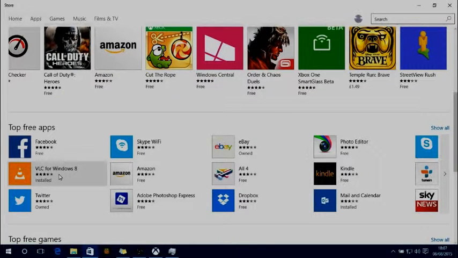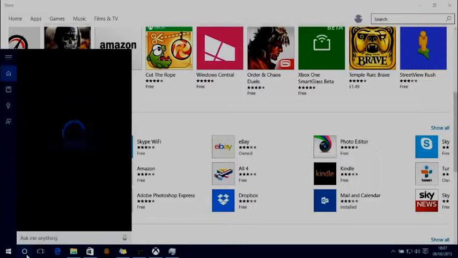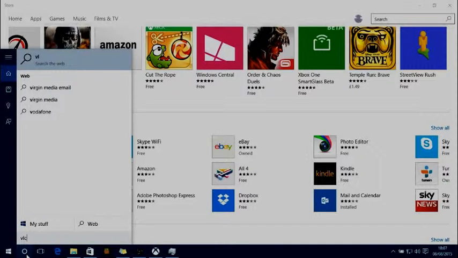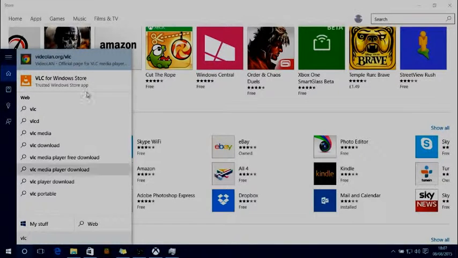Now I should let you know that any apps that were previously compatible with Windows 8 and Windows 8.1 do work with Windows 10, and I will give you an example. So I'm going to load up VLC for Windows 8, which they've kind of updated for Windows 10, but the Windows 8 stuff's still there, so this version would still work well. So if I click on VLC for Windows Store here,